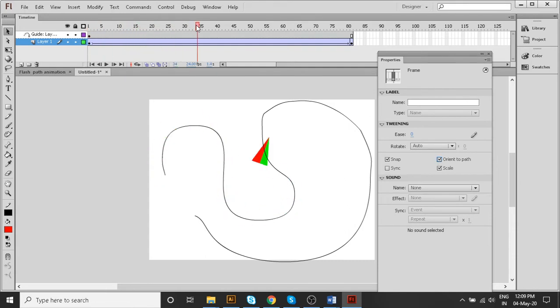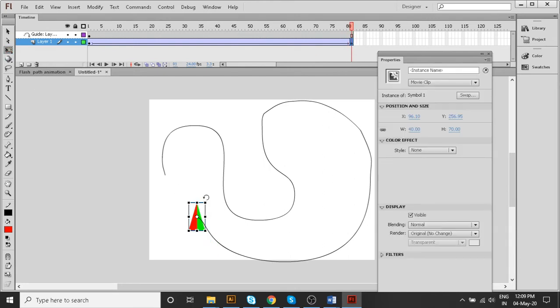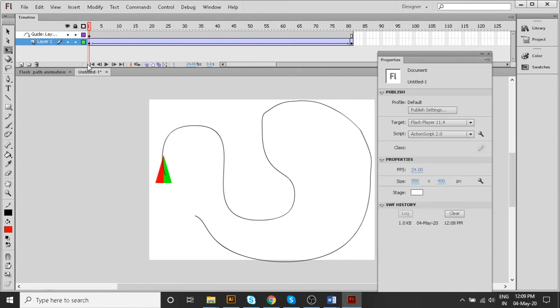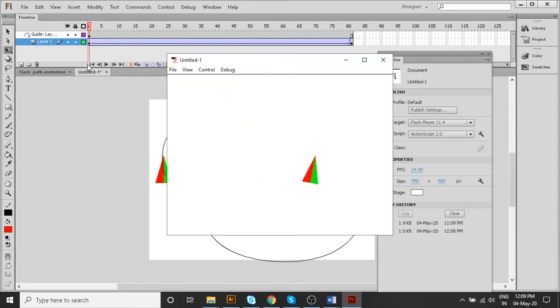And what happened in the last section, you can do one thing. In the last section, click here and give a little bit of path, this one. So let me try. Yeah, wonderful. So Control Enter and now it is going like this.